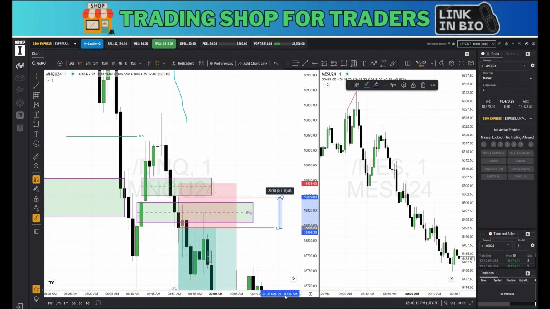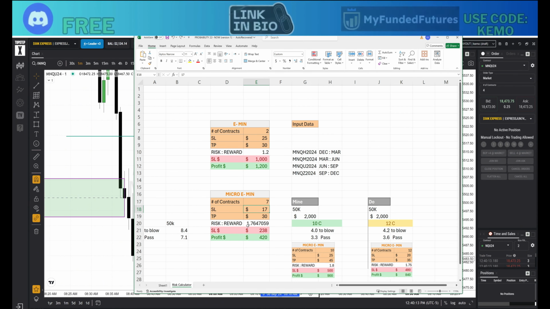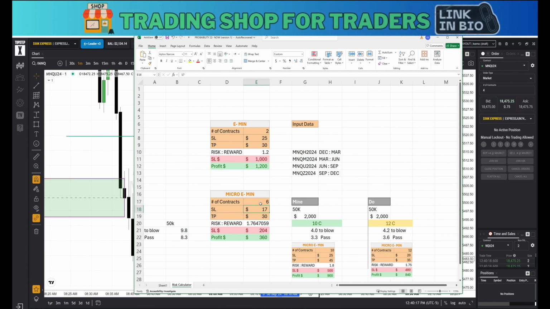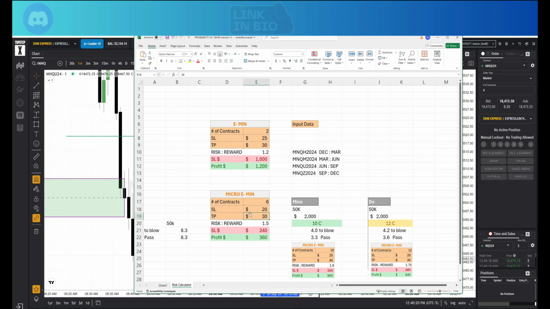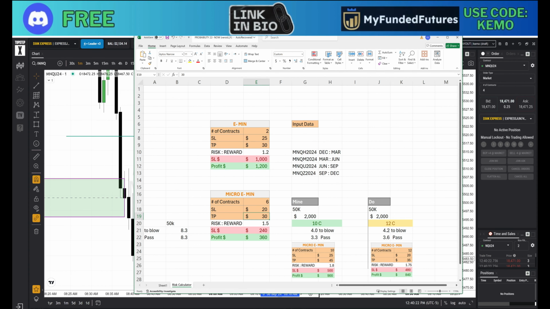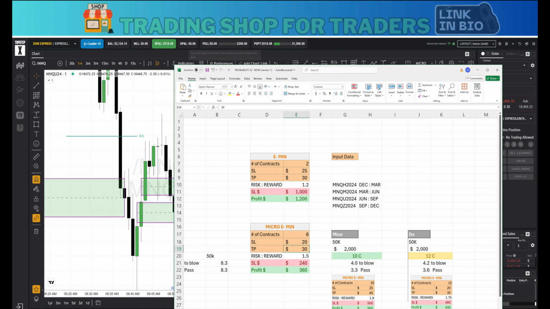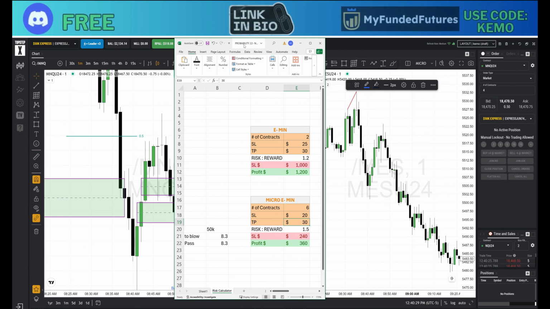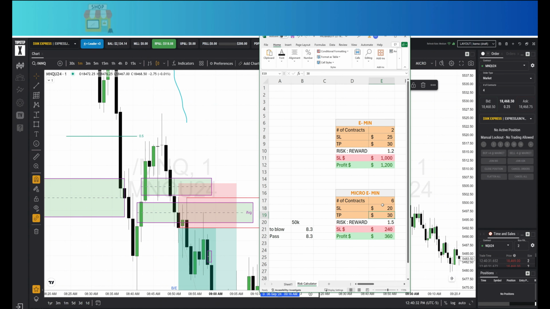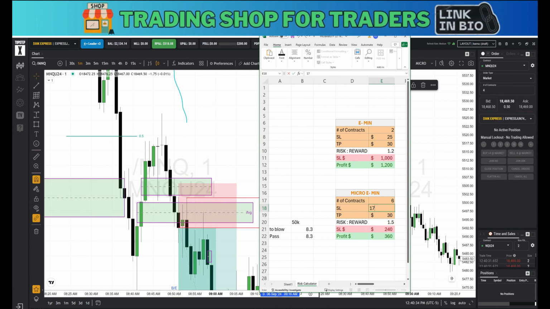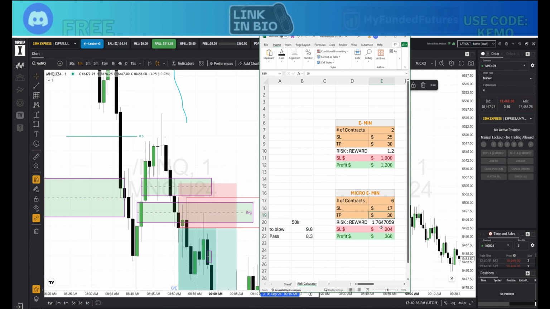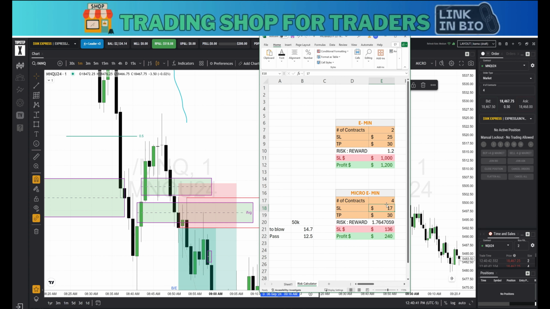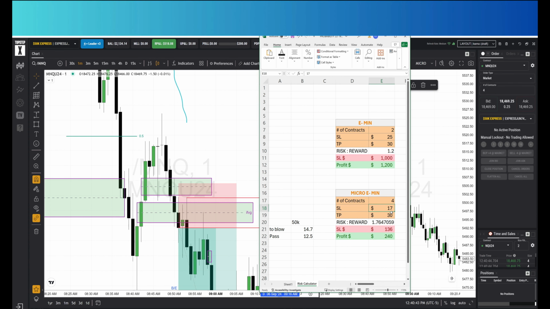So let me show you a quick example of why I turned down my leverage. Here's 6 contracts that I usually trade with, right? And here is $20 of a stop loss. My personal daily loss, guys, is $200, so keep that in mind. And since it's a $200 personal daily loss, I can't go more than basically $17 of a stop loss, right? So that's why I turned my leverage down,